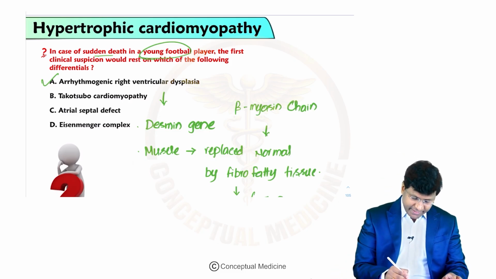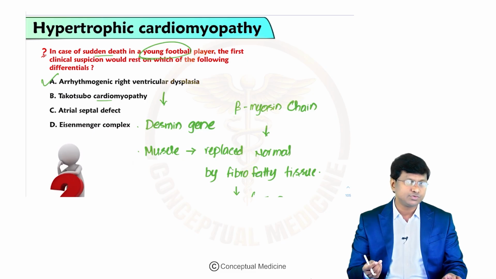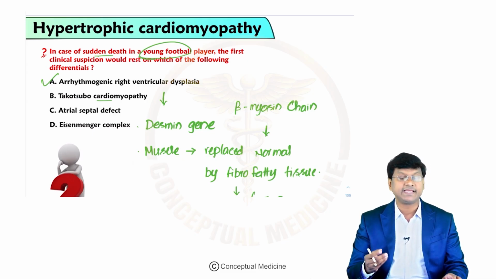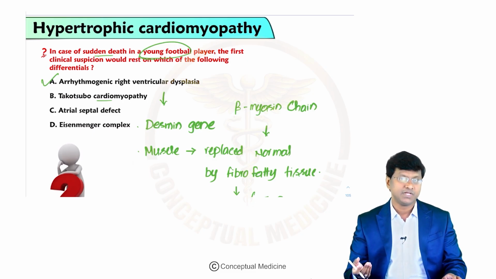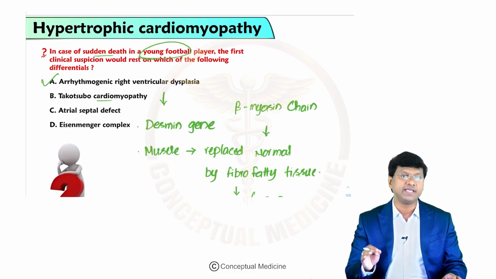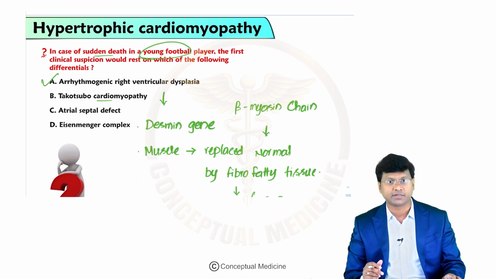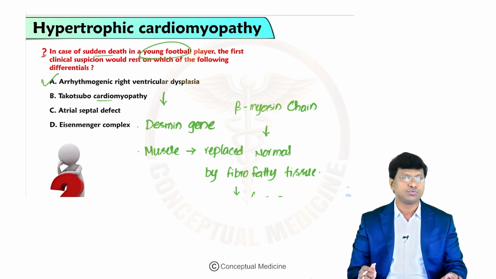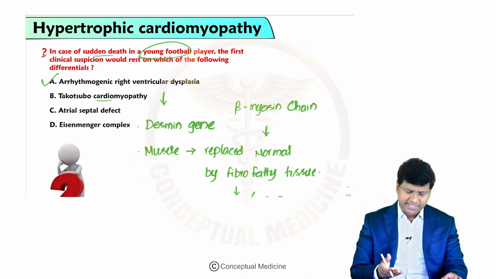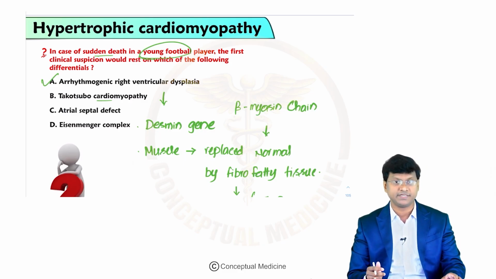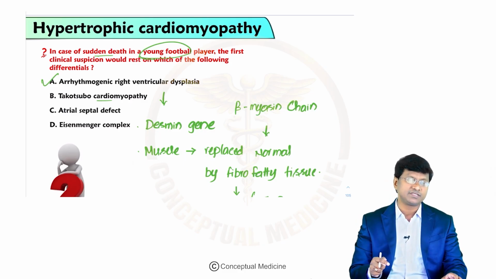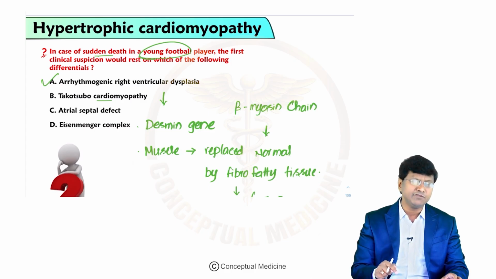Okay, next you take Takotsubo cardiomyopathy. Takotsubo cardiomyopathy presents in the setting of a catecholamine surge, like an emotional breakup or getting stuck in an elevator during an earthquake. So that will be your Takotsubo cardiomyopathy. It is not the one which you see in a young football player. But a young football player with arrhythmogenic right ventricular dysplasia can have sudden cardiac